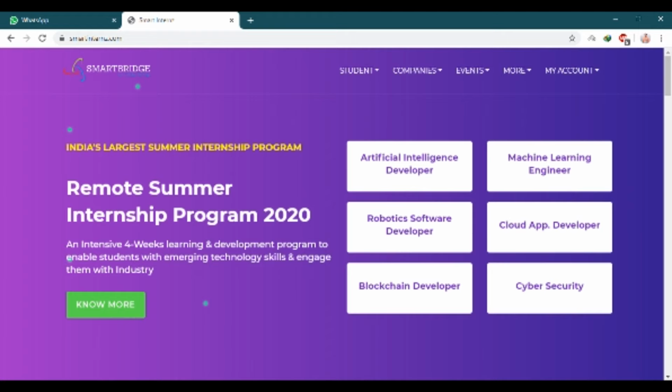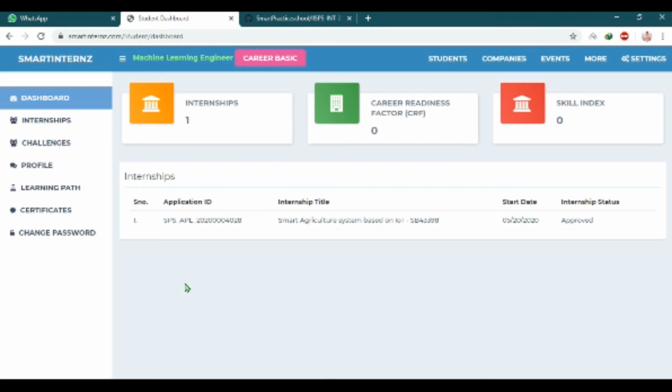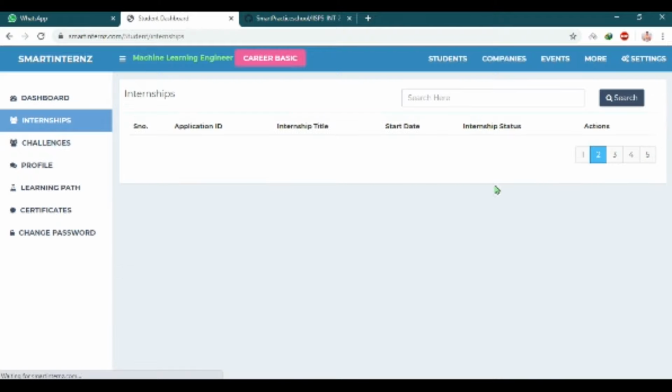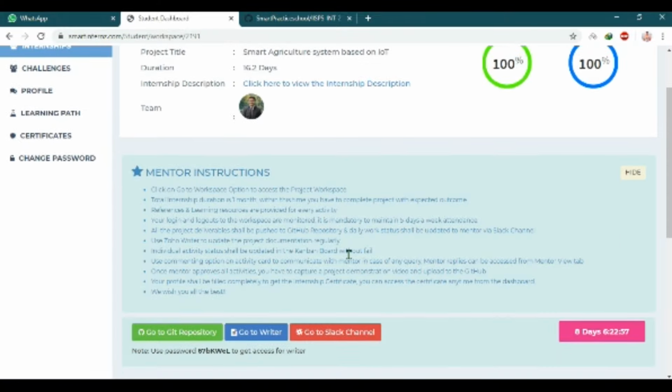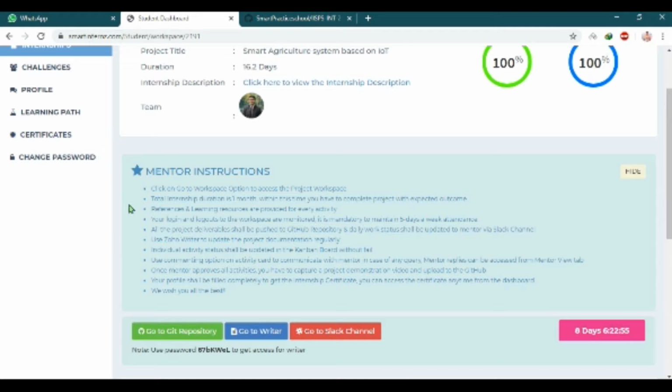This project is given to me by Smart Interns in association with IBM. This is my Smart Interns dashboard. Here I have this internship titled Smart Agriculture System based on IoT. Here we are given instructions as to how we have to complete the project.